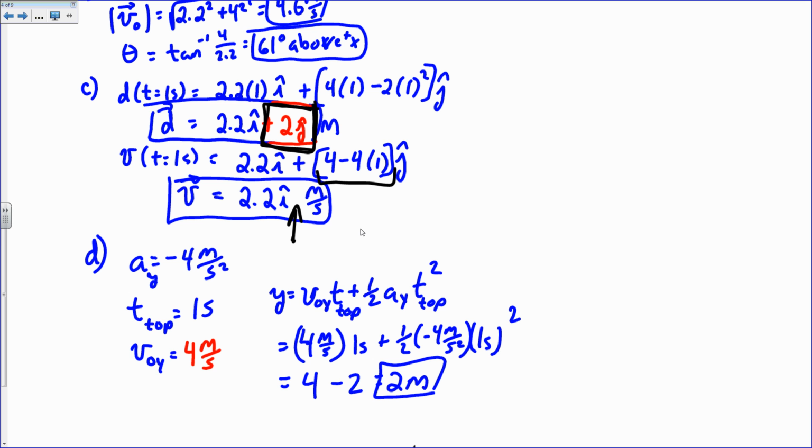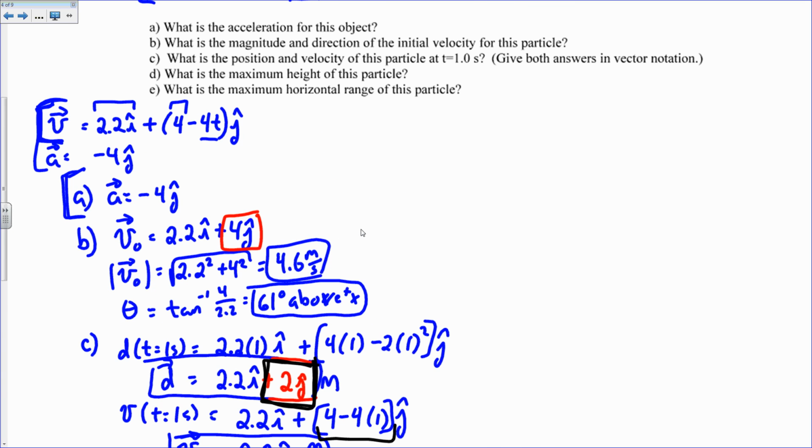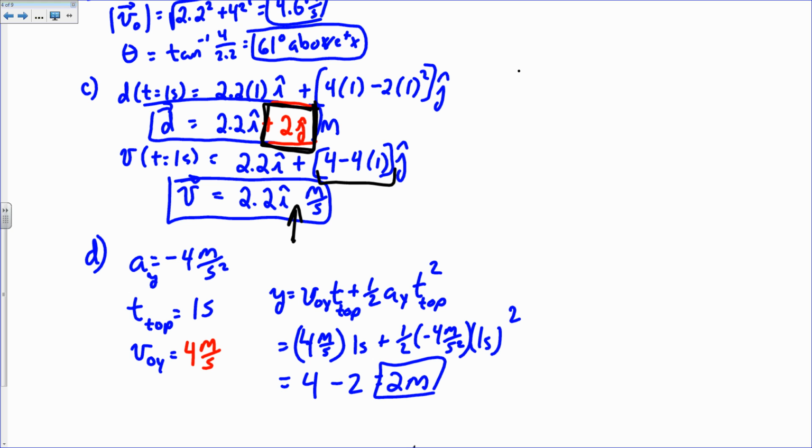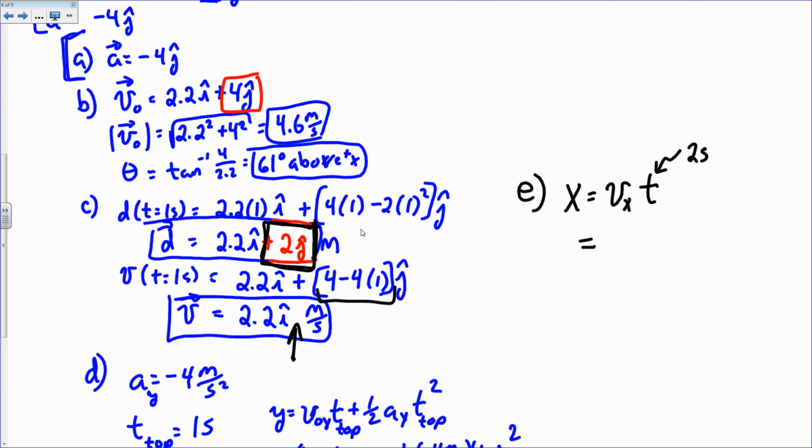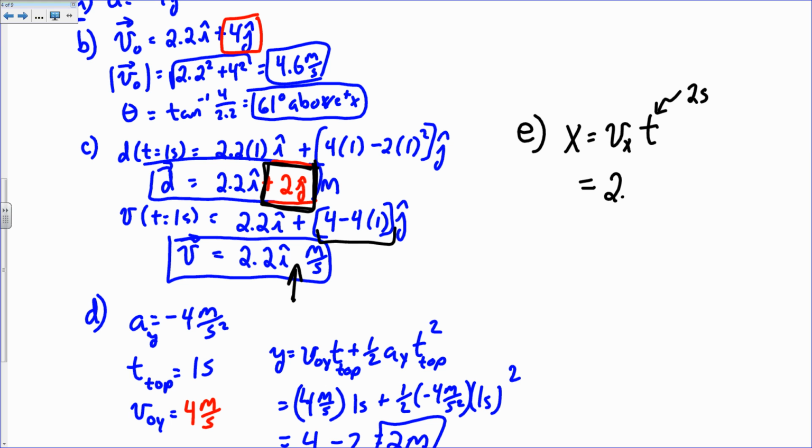All right? Now, in part E, you also need to find the maximum horizontal range, x, and that's equal to Vx times t. This t is going to be our total t, and I'm going to use twice the time that we found before, so 2 seconds, because we found the time to get to the top of the trajectory is 1 second, so I'm going to let that equal 2 seconds. So x then is equal to Vx, which I found in part B. Vx is 2.2 times 2 seconds, so the maximum range is 4